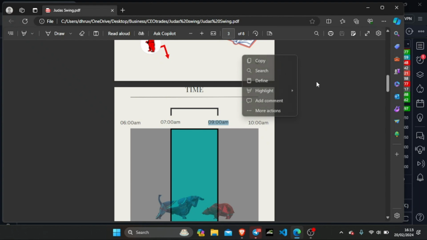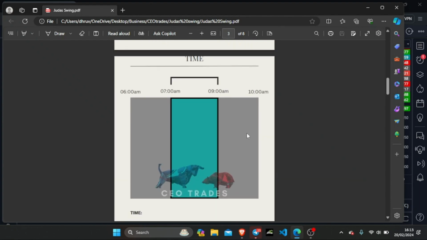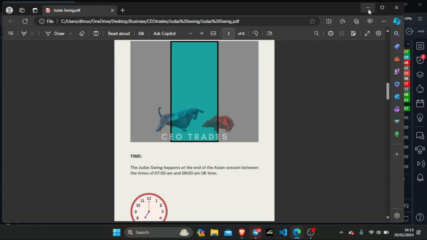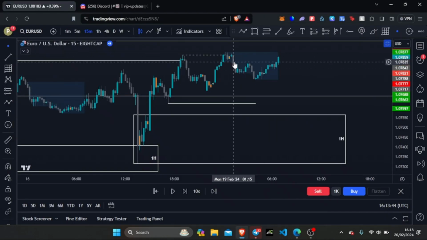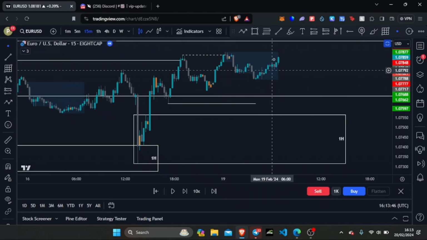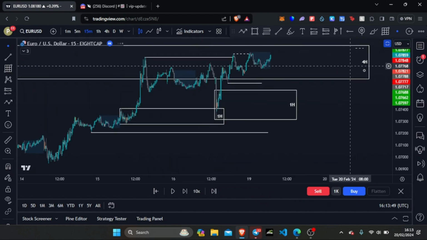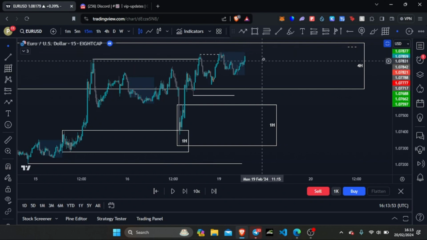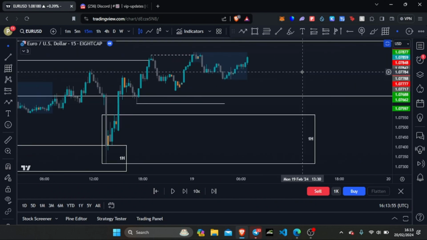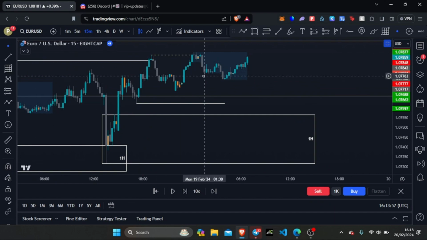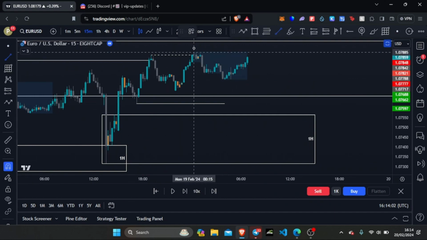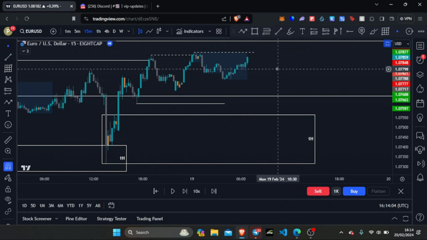Or in this case, we want to look for shorts from, but on a generalized basis, this is a time window where we want to see a sweep of either the Asia high or the low in line with the Judah swing framework. So in this trade's case, because we've now identified that we're inside of this 4-hourly zone and that we're now waiting for a 5-minute market structure shift, this is where we can now start to incorporate the second strategy, which is the Judah swing model,